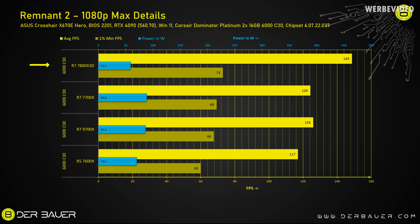If we focus on the 1% low FPS, all three, 7800X3D, 7700X and 9700X, are performing about the same. There is not really a big difference. Only on the average FPS, the X3D is about 18% faster. But if we just compare 7700X and 9700X, there's not really a big difference,